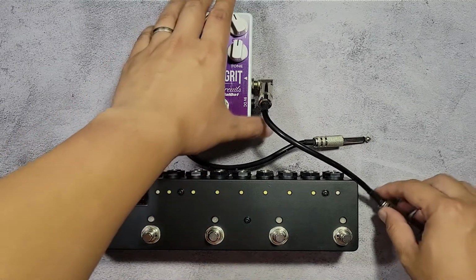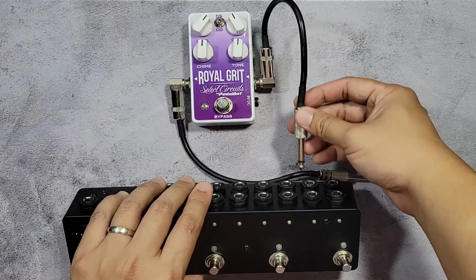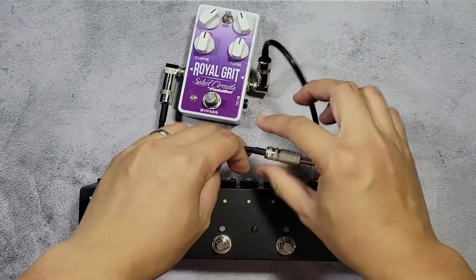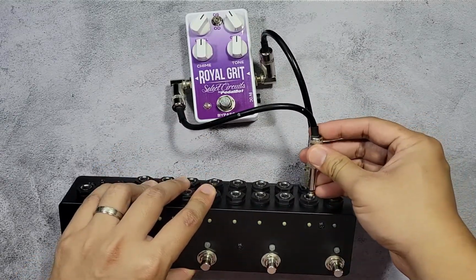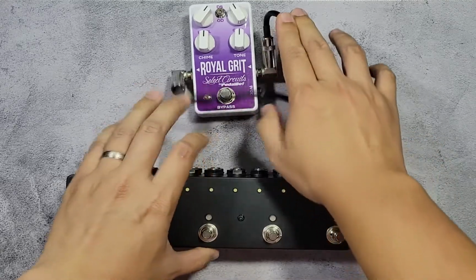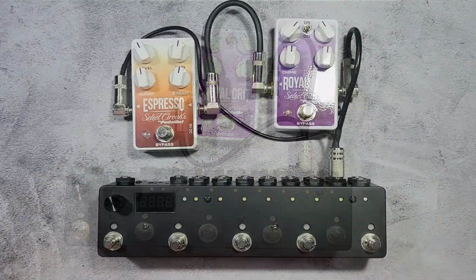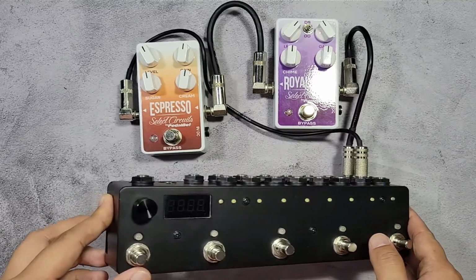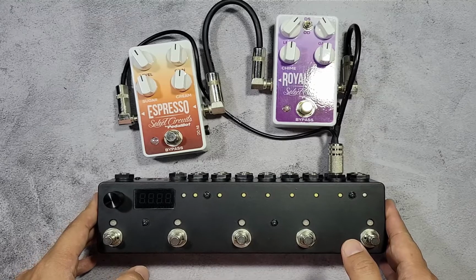To insert an effect pedal to one of the loops, connect the pedal's input to the bottom jack of a loop in the PedalBot, which is the loop send. Then connect the pedal's output to the top jack of a loop, which is the loop return. You can have more than one pedal per loop. This is useful if you have pedals that you use at the same time, or if you have more than